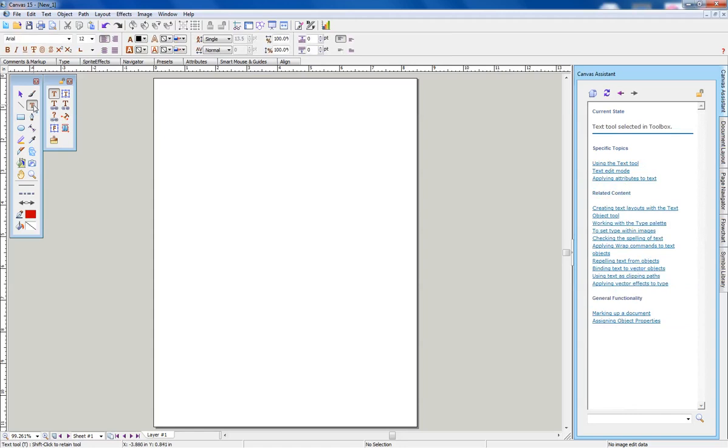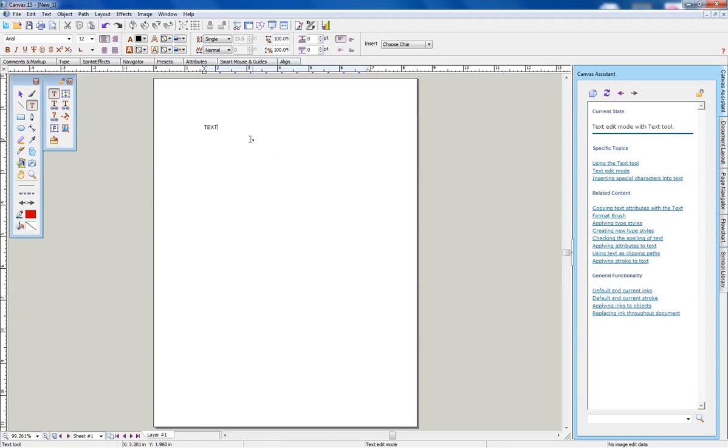tool right here on our toolbar. And there's different types of text tools here. So we could have our text going straight across the screen using just the regular text toolbox tool, or we could actually make a path with a line and have the text follow that line. In this case, we're just going to use the text tool, and I'm going to draw a box where I want my text to go, and I will type in